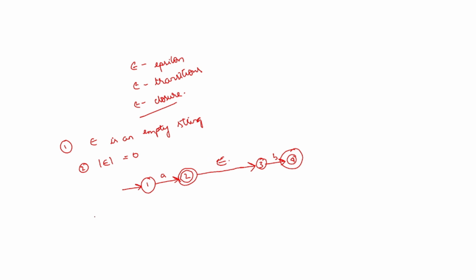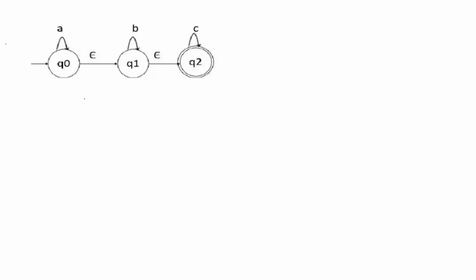So next comes the epsilon closures. So epsilon closure means it is a set of all states where we can reach from the current state where the transition function is labeled as epsilon. Let us see an example to understand this. So this is the first question. So here we are having two epsilons. So the epsilon closure